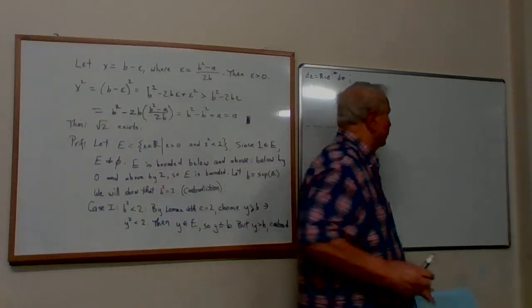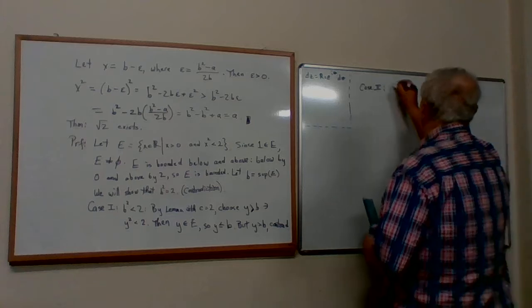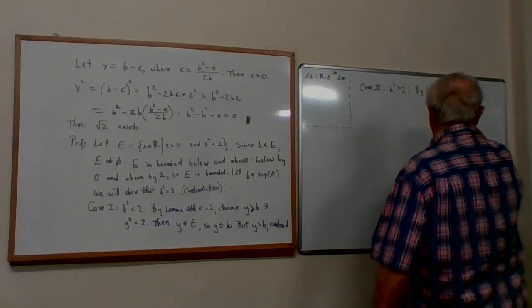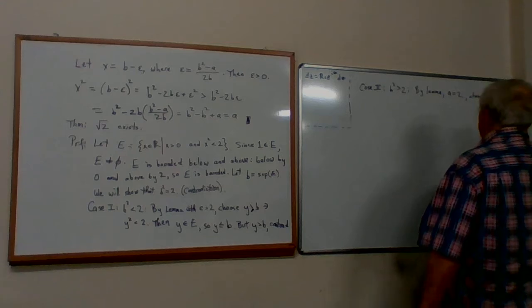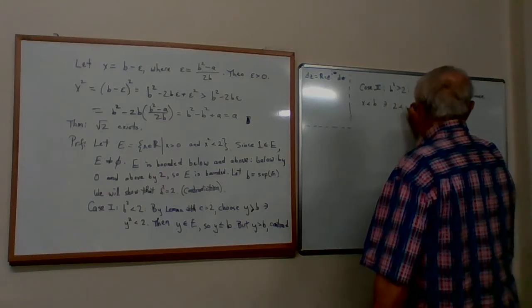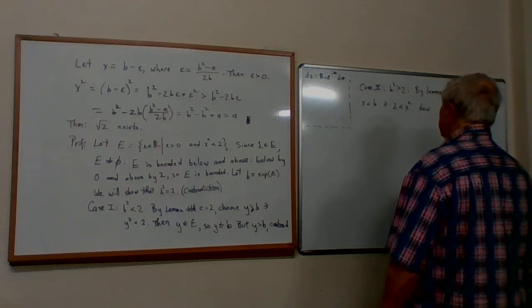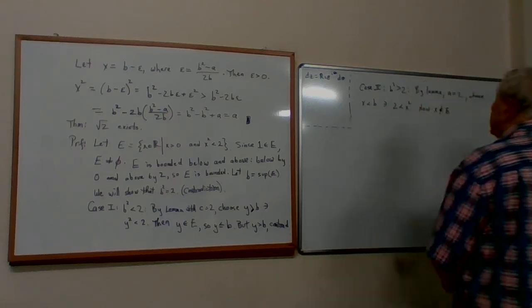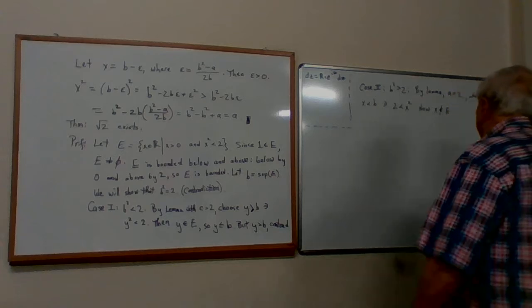Okay, here comes case 2, which of course is B squared is greater than 2. See if we can rule this out. By the lemma, this time with A equals 2, choose x less than b such that 2 is less than x squared, which we can do by the other half of that lemma. Now, once again, in this case, x is not an element of E, right? Because what is E? X squared has to be less than 2, 2 less than x squared, so x does not live in that set. So x is not in E,